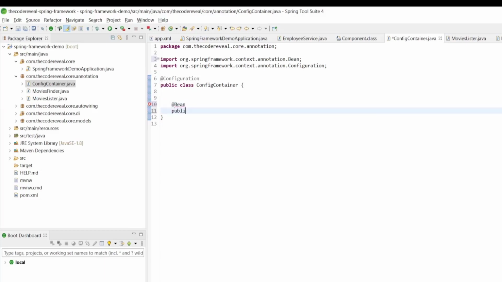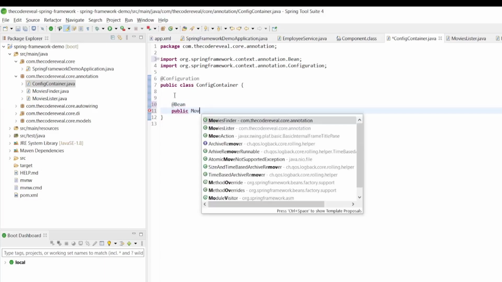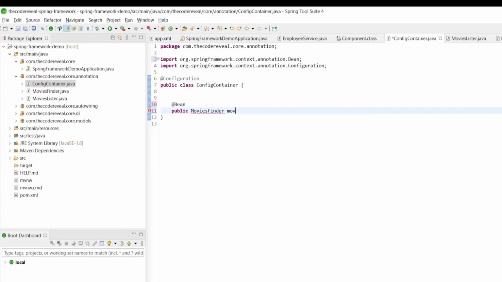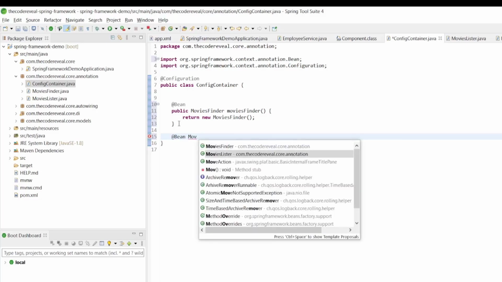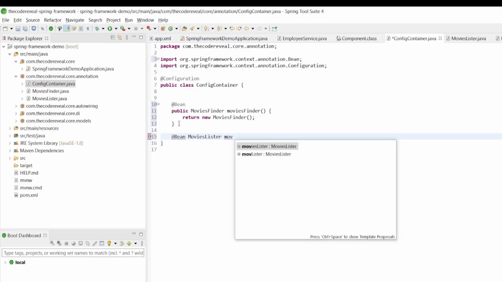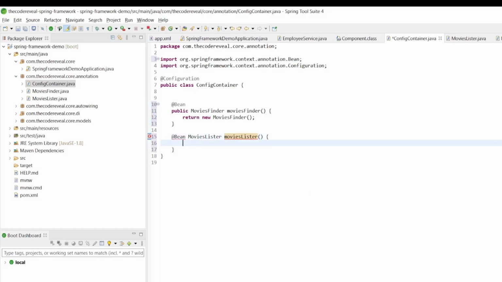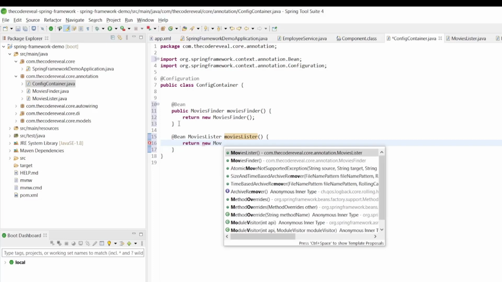The first bean we'll define here is movie finder, and we'll return a new movie finder. One more bean we'll create is movie lister, and we'll return a new movie lister.